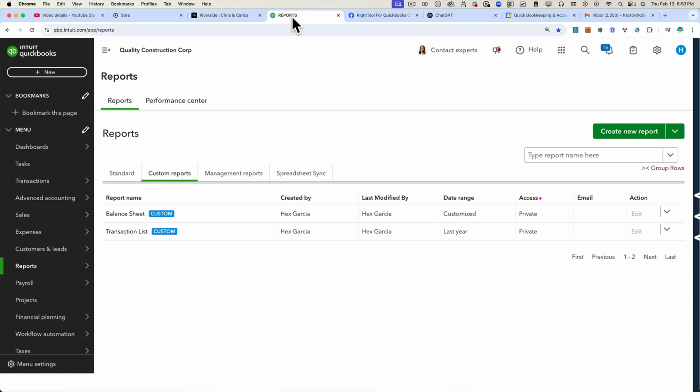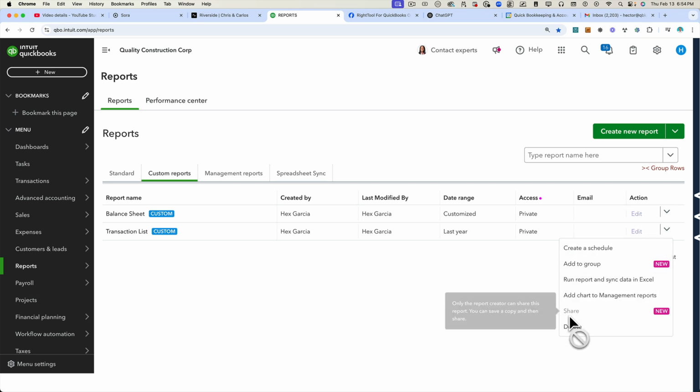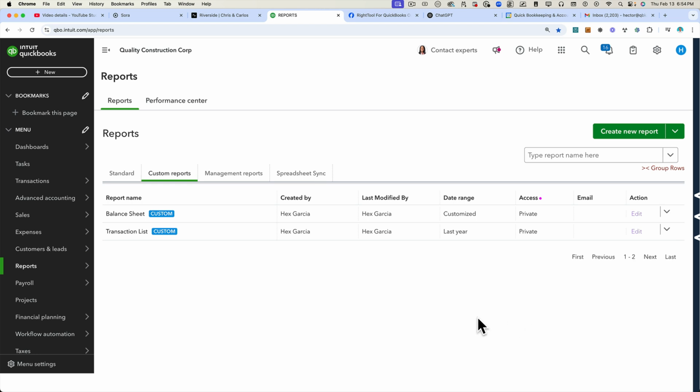So the problem with the current setting is that there really isn't a way to do it in batch. You literally have to click on one, click on the drop down and click on delete, and then go to the next one, click on the drop down, click on delete, which is really not a big deal if you only have one. But I'm going to open one of these here,